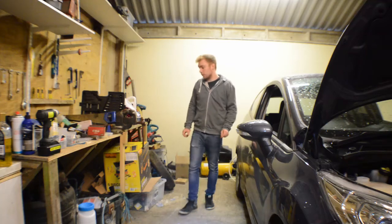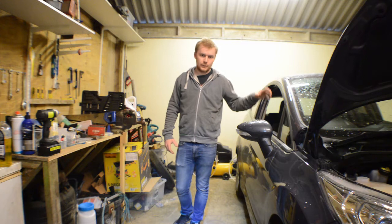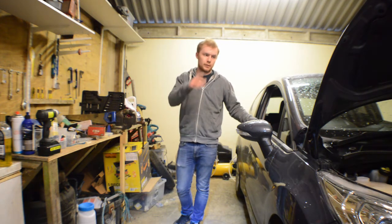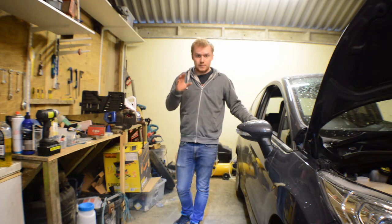So today on EuroMods I'm going to be changing the oil and the coolant in the 1 litre Fiesta. The main reason I'm doing this is the coolant needed changing on the 3-year service, but I didn't have time to get it done, so I'm going to try to do that today. And the oil seems to have a funny smell to it. It smells like some engine clean, maybe some fuel, so it seems like a good idea just to flush it